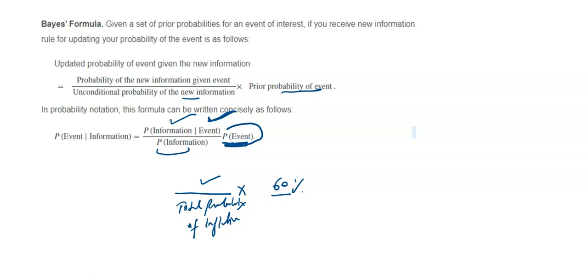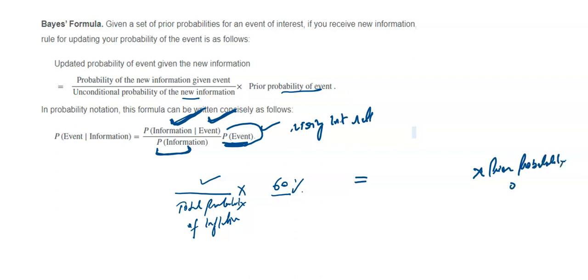Okay. And in the numerator, it is given the event. What was the event? Rising interest rate. Given the event, given the rising interest, if interest rate rises, what will be the probability of the inflation? Why inflation? Because the new information is inflation, and divided by the total probability of the new information. So here you will multiply the prior probability of the event. And in the numerator, given the event, what was the event? Rising interest rate. Given the event,